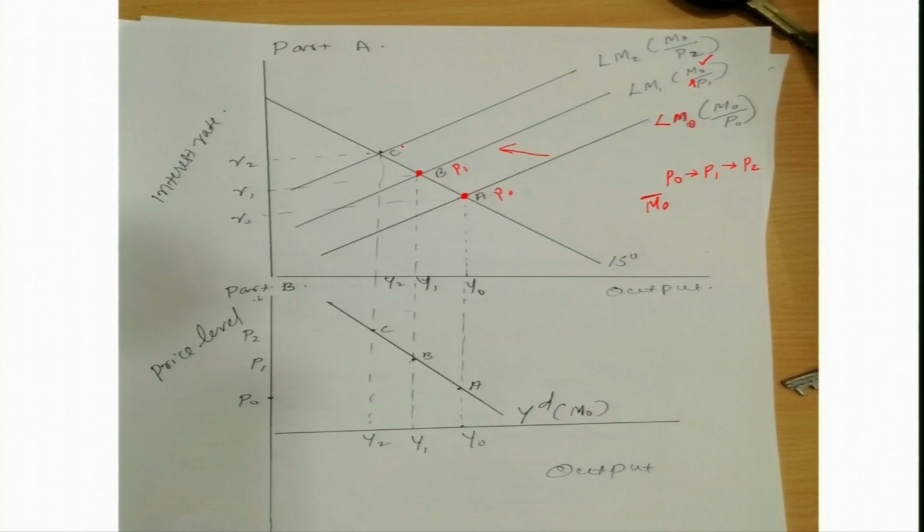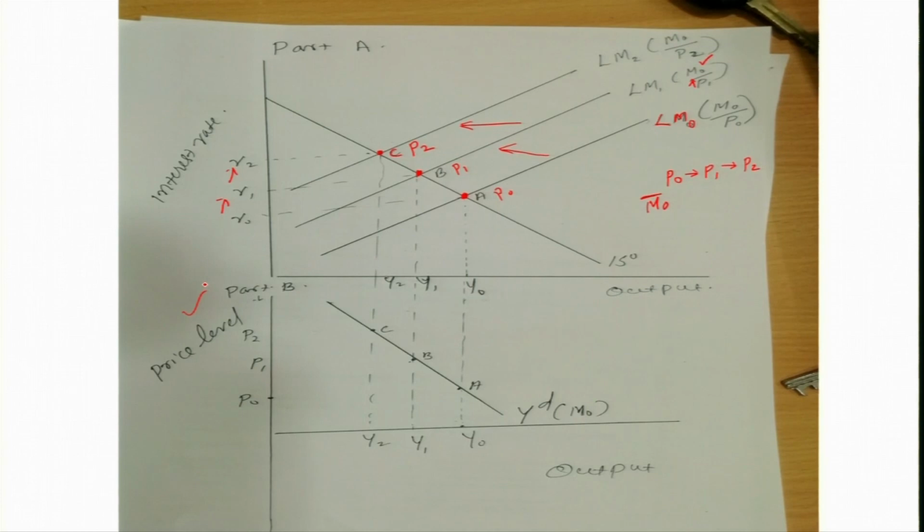Further, if we increase the price level to P2, keeping nominal money supply M0 constant, the LM curve will shift further leftwards, and this is going to be the new equilibrium. You can also see that the rate of interest is increasing from R0 to R1 and R1 to R2. So, taking the price level on the y axis in the part B diagram, in the part A diagram what we just discussed, taking this into the part B diagram, keeping price level on the y axis,